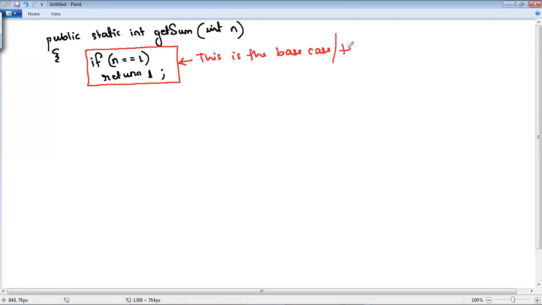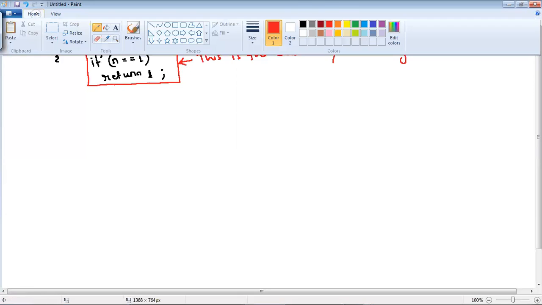This is the condition in which the recursion process will get terminated. Clear? Now else,